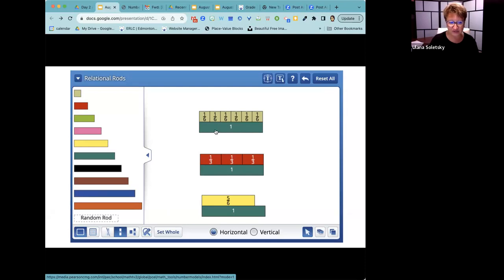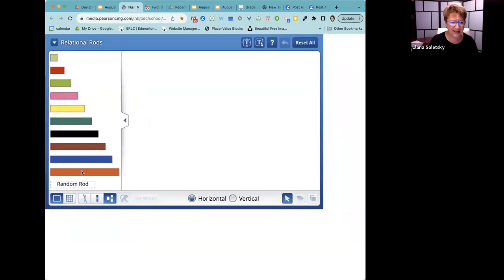into unit fractions. So if the green is the whole, then that means that this unit fraction is 1/6 of the whole. I need 6 of them to make the whole. The red is 1/3 of the whole. Whereas if I go back and I say, this is my whole, then this becomes 1/10